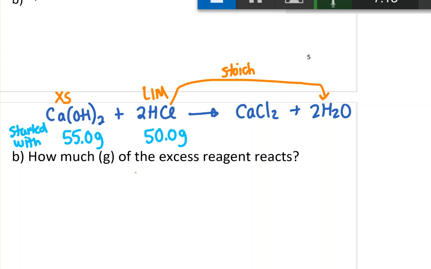Well, if we want to know how much of the excess reagent actually reacted, what I'm going to do is start with my limiting reagent and use stoichiometry to go to the excess. So in general, that's what I do. Once you know the limiting reagent, then if you want to find out any other amount, like if I wanted to find out how much calcium chloride was made, I would start with my limiting reagent amount, 50 grams, and do stoichiometry to get to it. But this time I'm going to see how much the calcium hydroxide actually reacted. So again, starting with my hydrochloric acid,